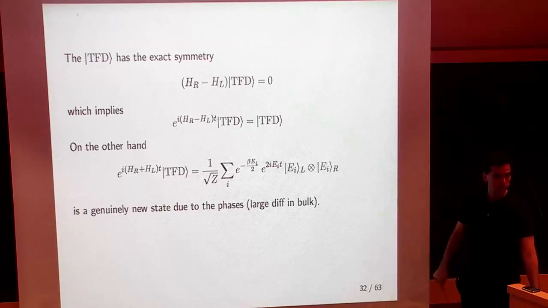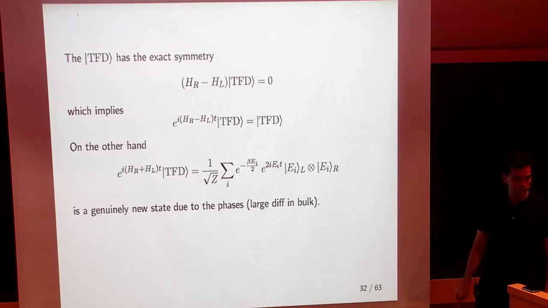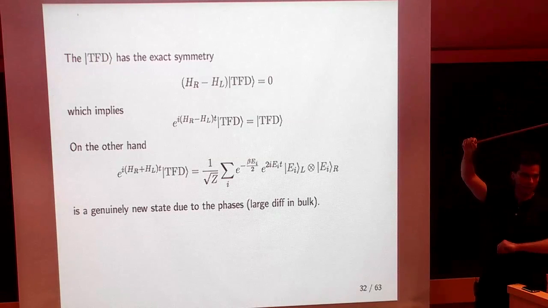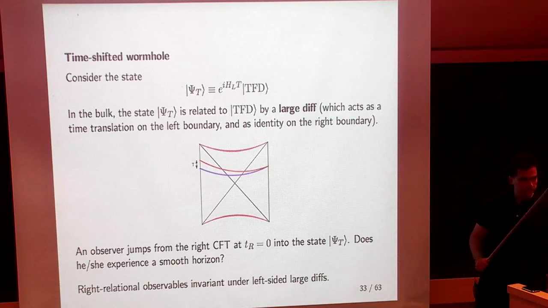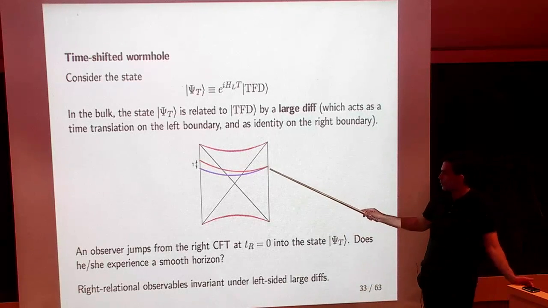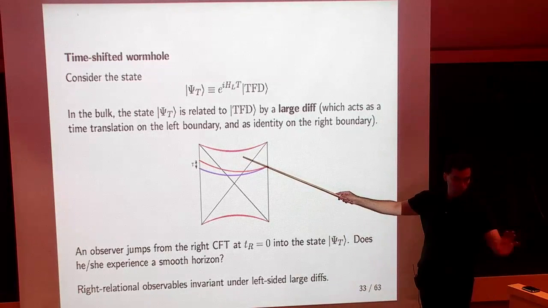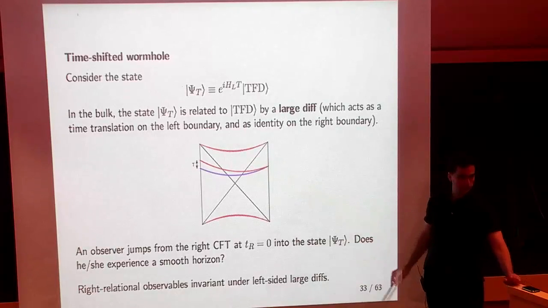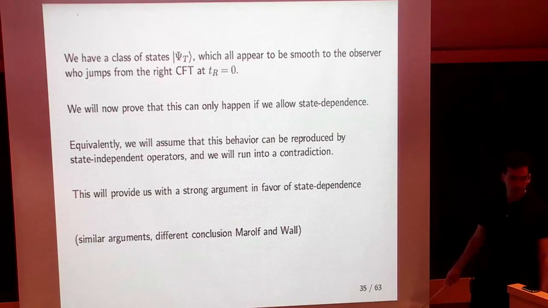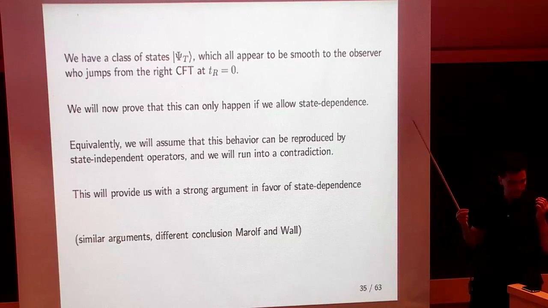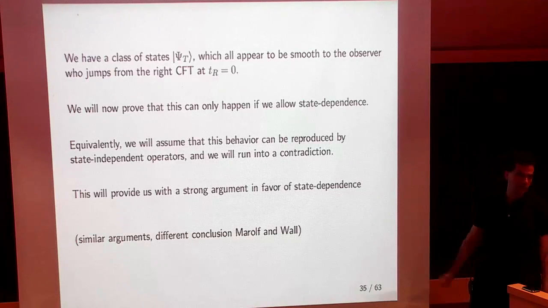Well, even for the eternal black hole, if you start having operators at very large times, they're not going to give you... Yeah, but we're not computing a two-point function between two different times in the same CFT, right? It doesn't matter. I think you just have effects. The effects that you were talking about, I think, will come in. From the right CFT, the only thing we do is we throw in an observer. We don't want to compute any two-point function between this observer and anything else. But how do you compute the operators that describe it smooth? Yeah, I don't want to compute them. I just want to show that they do not exist. I don't want to find them. I just want to show that they cannot exist as state-independent operators. And I gave you a formal argument.